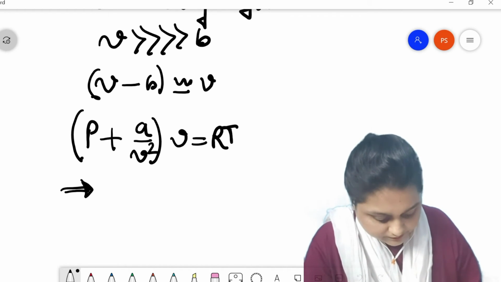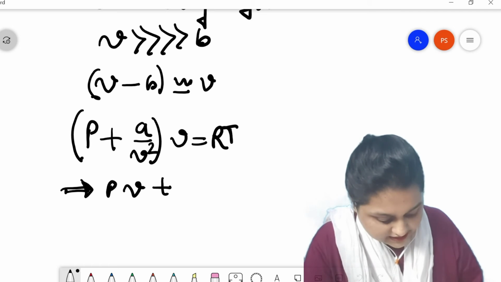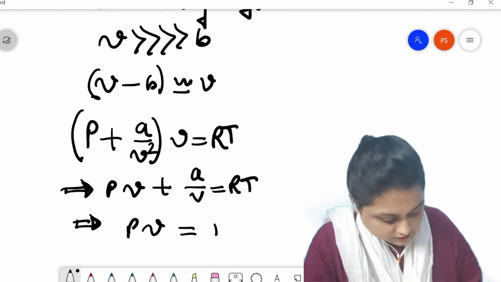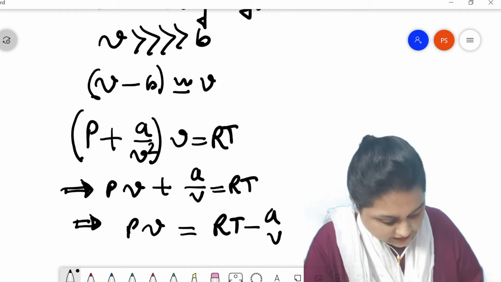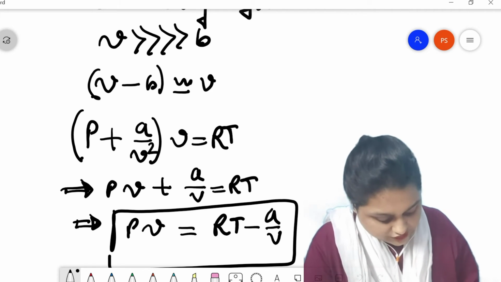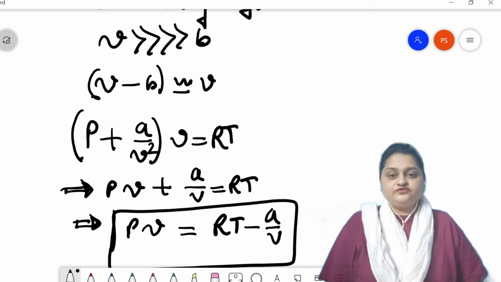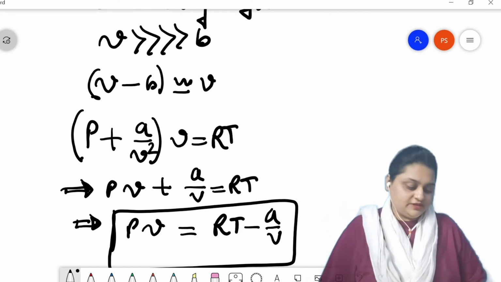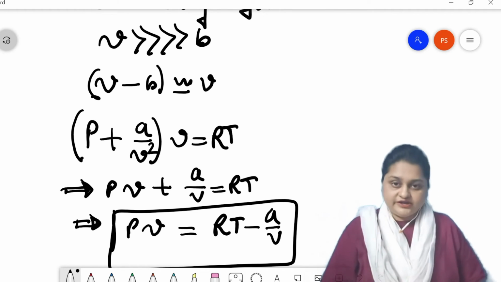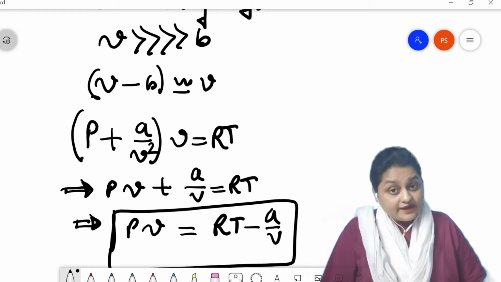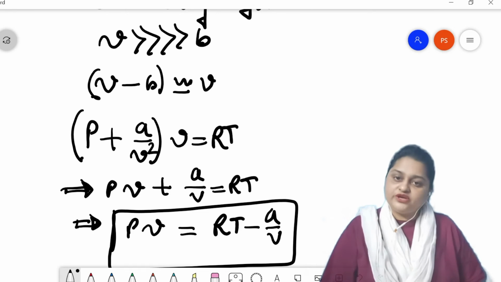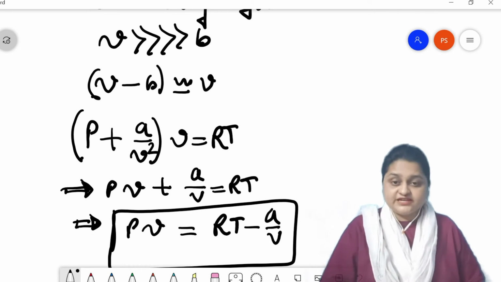or PV plus A by V equals to RT, or PV equals to RT minus A by V. Now the straight line curve, the PV curve parallel to the P axis for real gas, was drawn on the basis of the expression PV equals to RT, which is the equation of state for ideal gas. For the real gas at low pressure range, the van der Waals equation is giving PV equals to RT minus A by V,